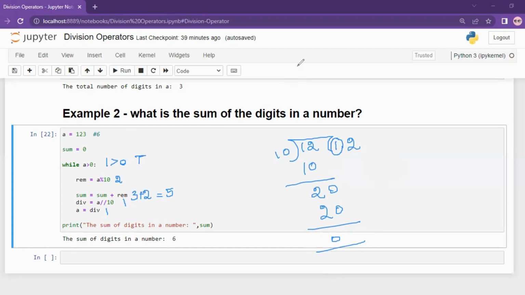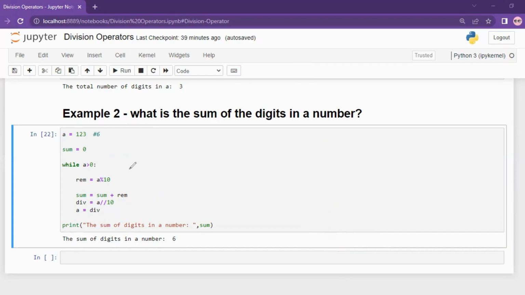So this time I'm going to divide 1 by 10. When you divide 1 by 10, the remainder would be 1, because I cannot perform any calculation. So we are going to consider this digit as it is. If you divide a single digit by 10, when you use a modulo division operator, the remainder would be the single digit. So it would be 1, and adding 1 to the 5, which is the previous value I had,